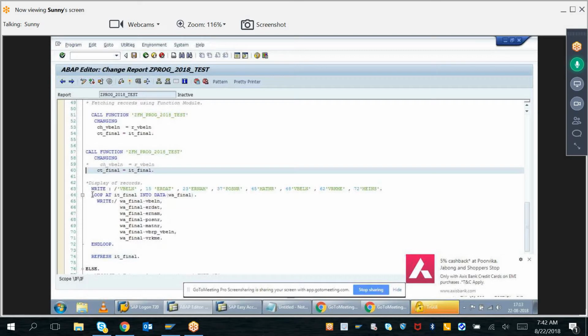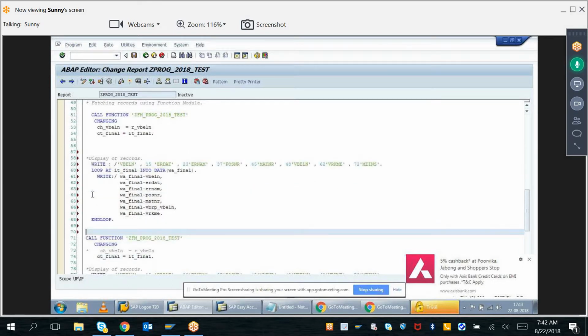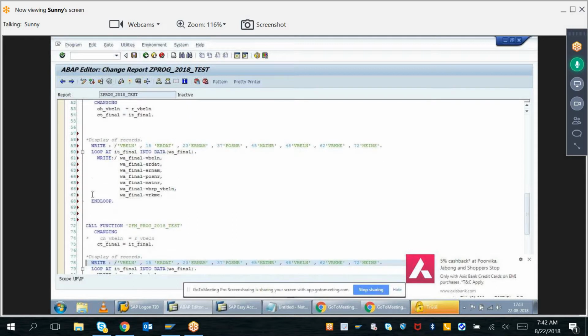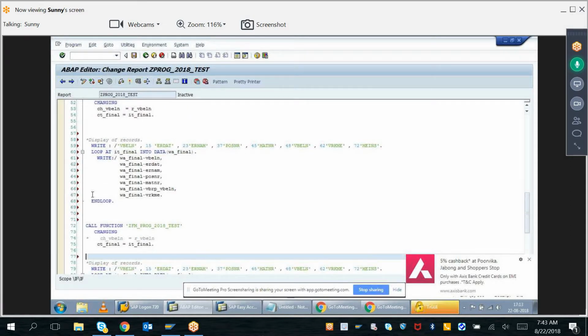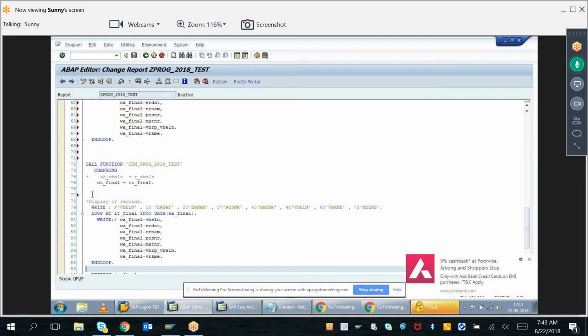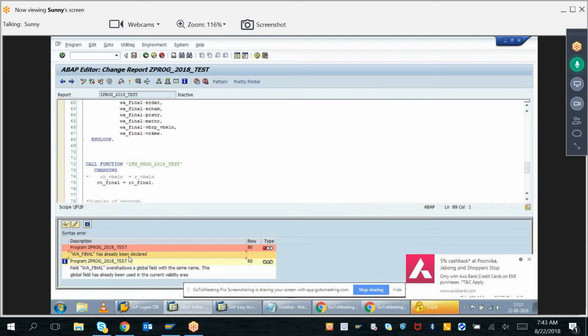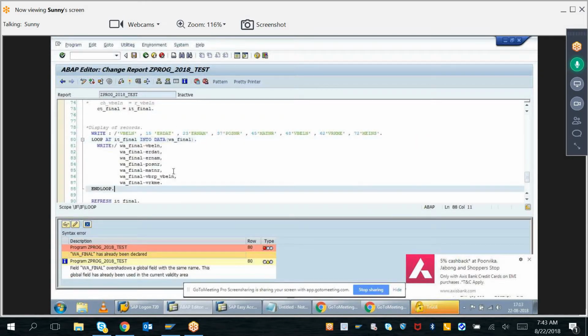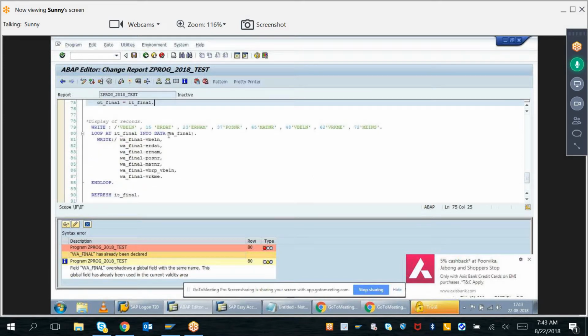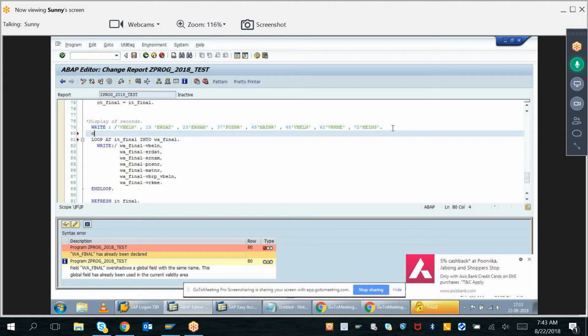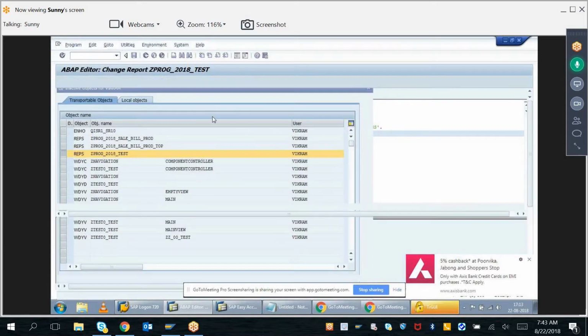copy this, and I will display the details before changing the data. And afterwards, for the same internal table, I will write it and show you the data. Now see the difference. It says work area final is already declared. Then I will remove this and create a new work area_final, since it is already declared, so that there is no unnecessary data. Now observe here, if we execute it,